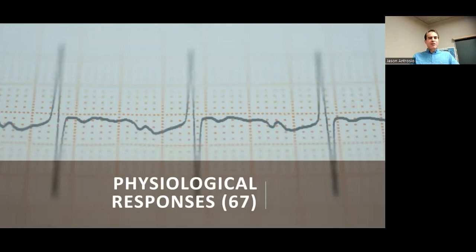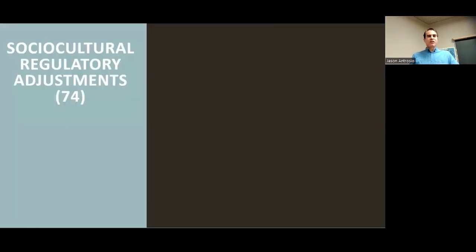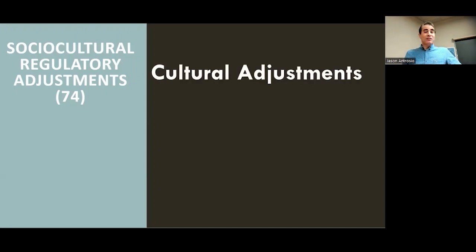And then there was a section that nobody wanted to do. You left it to me: the sociocultural regulatory adjustments. Why would you leave me with this one? It was long. There are too many big words here. As I read it, I discovered that it really should be retitled. If we just called it cultural adjustments, then we'd be in much better shape, and maybe one of you would have taken it instead of leaving it to me.